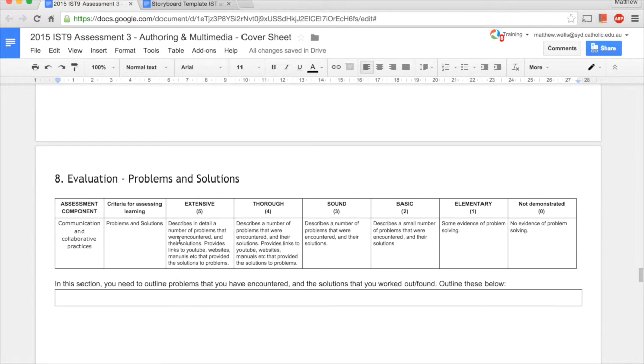Then you need to look at problems and solutions. So describe in detail a number of problems that were encountered and their solutions. Provide links to YouTube, websites, manuals, etc. that provide the solutions to your problems. So here you need to outline all the problems you encountered and the solutions that you worked out or found,